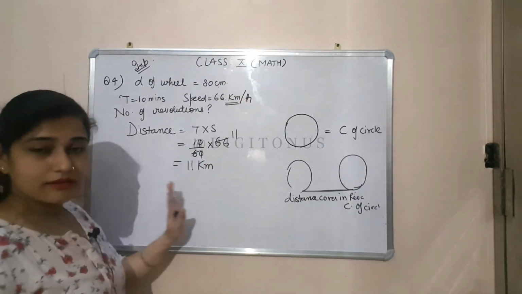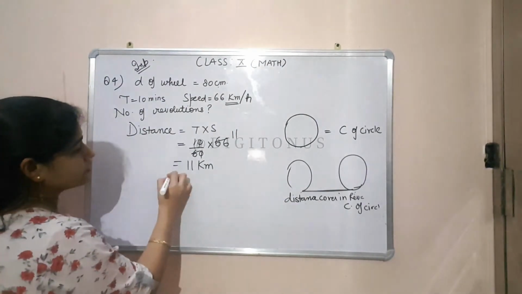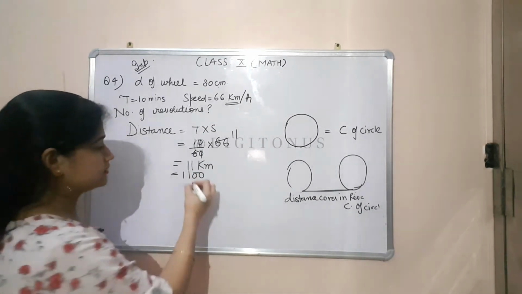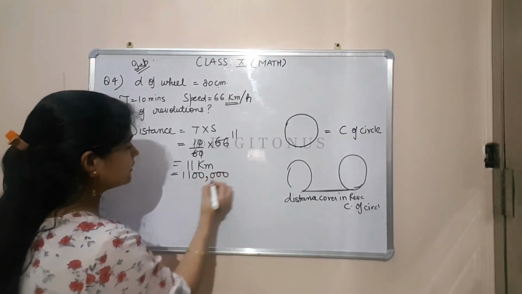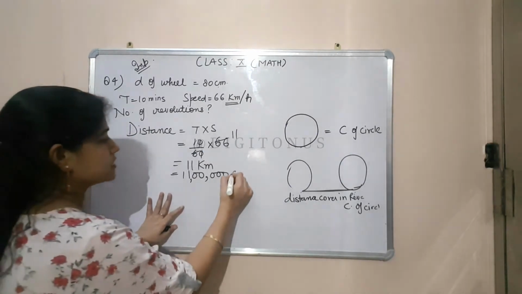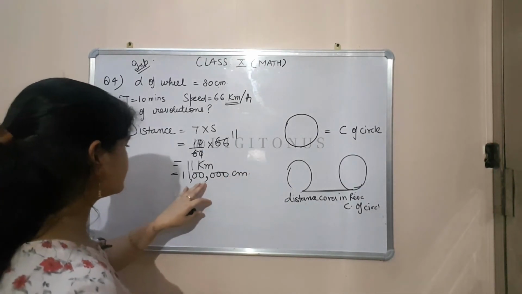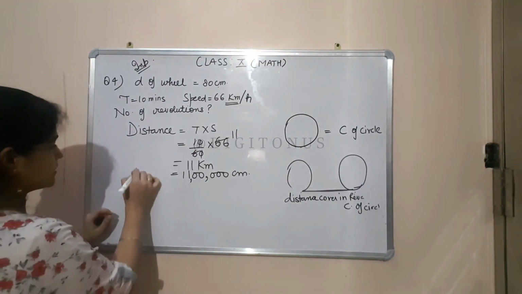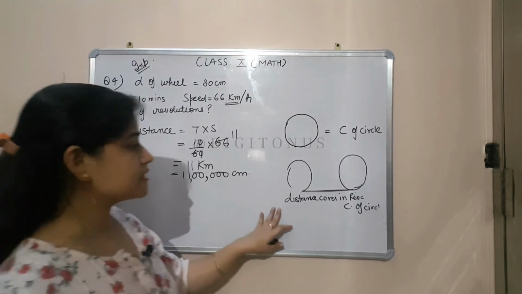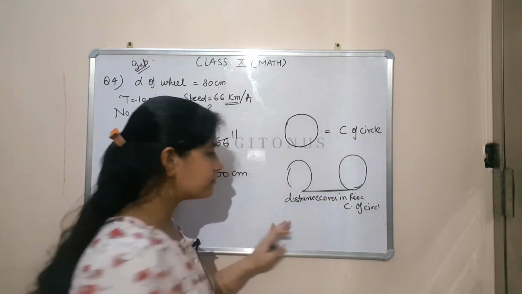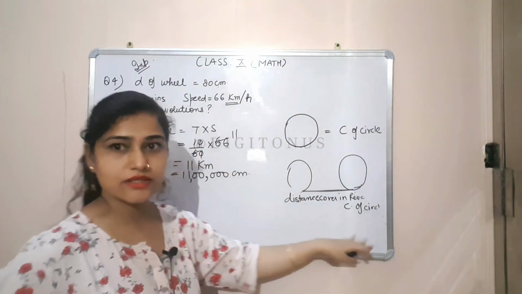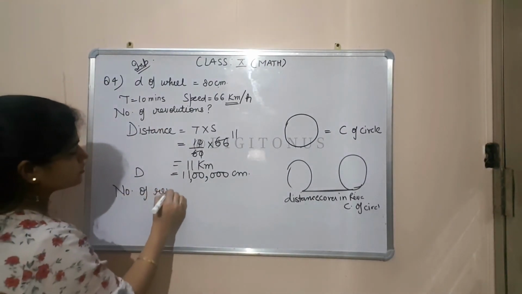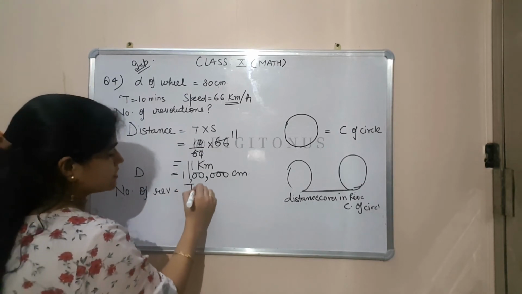But the diameter is in centimeter, so we will convert this distance into centimeter, first into meter, then into centimeter. Now we have the distance in centimeter, and I told you that the distance covered in one revolution is equal to the circumference of the circle. So how to find the number of revolutions? Number of revolutions will be equal to total distance,